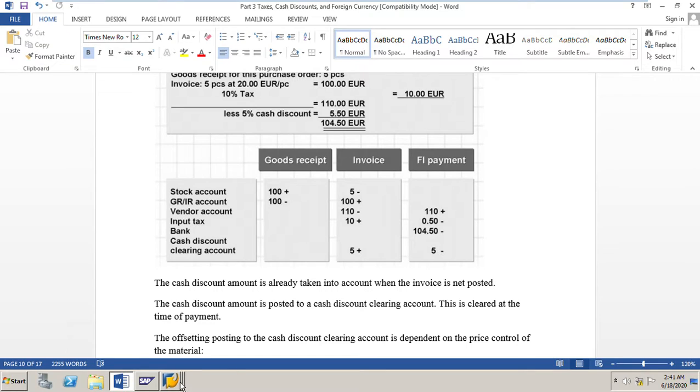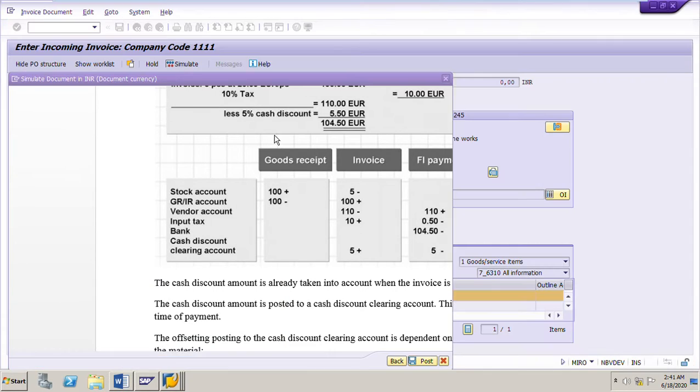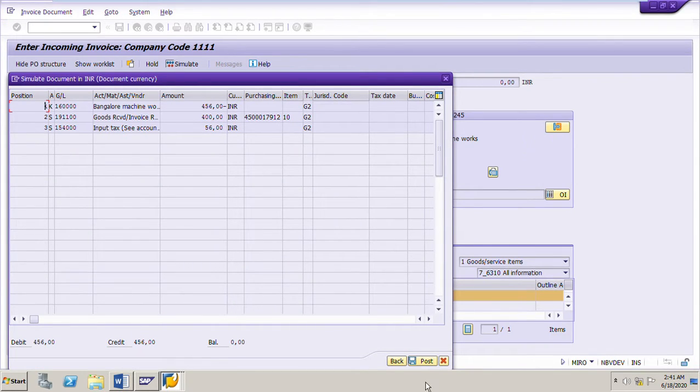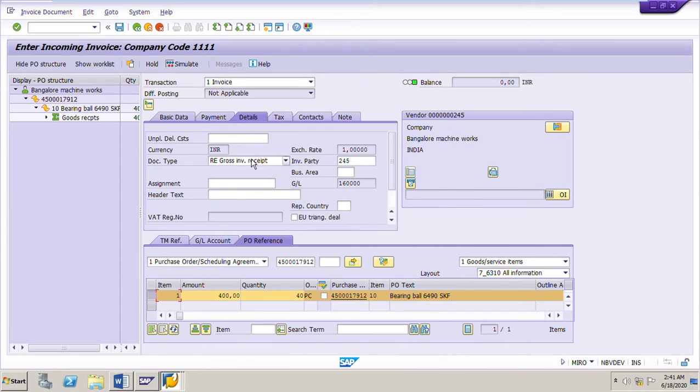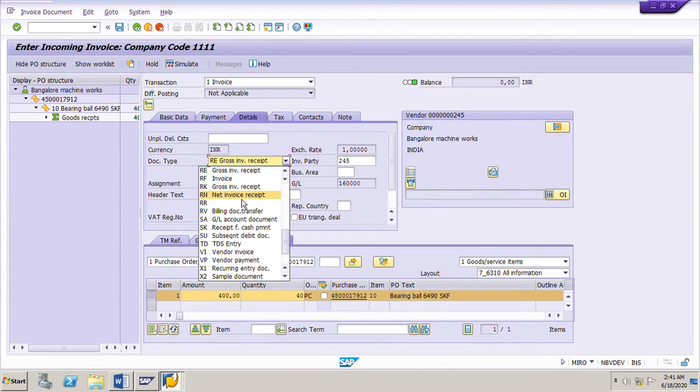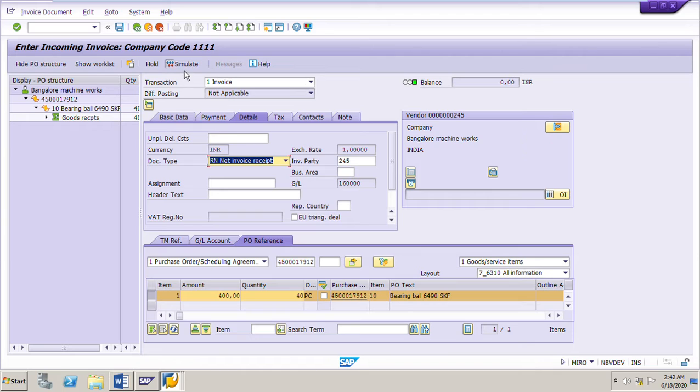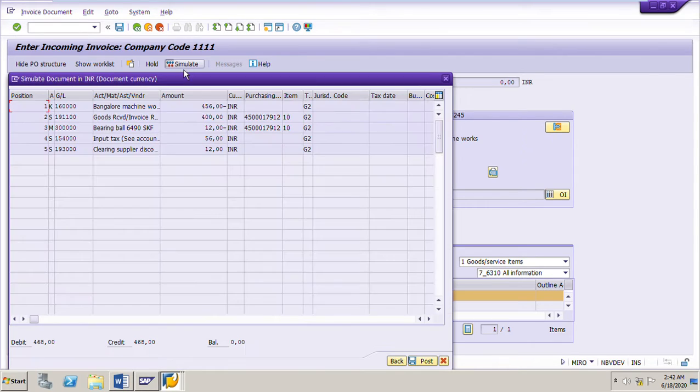For example, if I go back to the invoice and post a net invoice receipt, then if I simulate, see here, this cash discount, which is 12 rupees, will go to the cash discount clearing account.